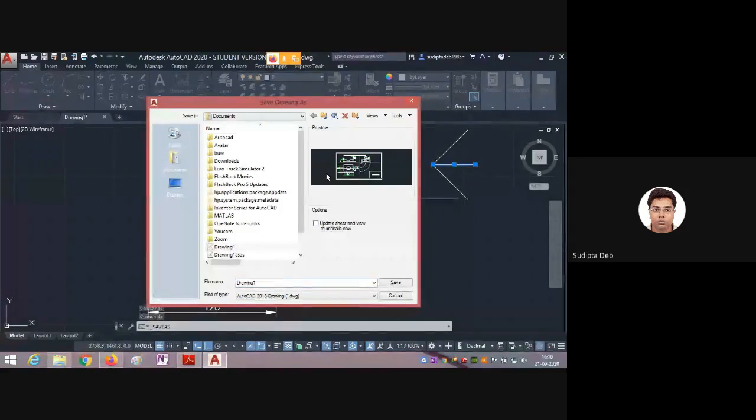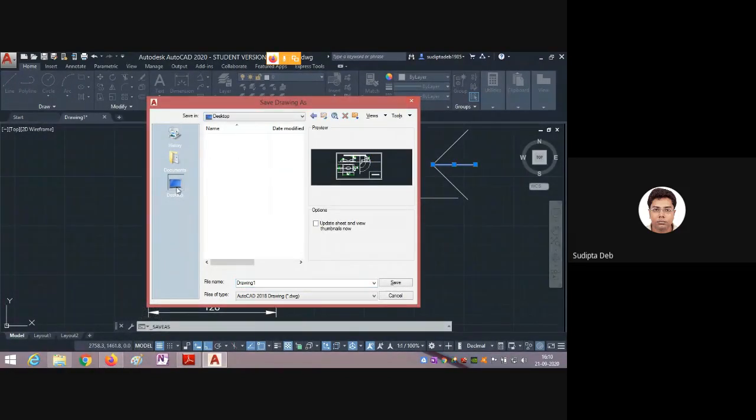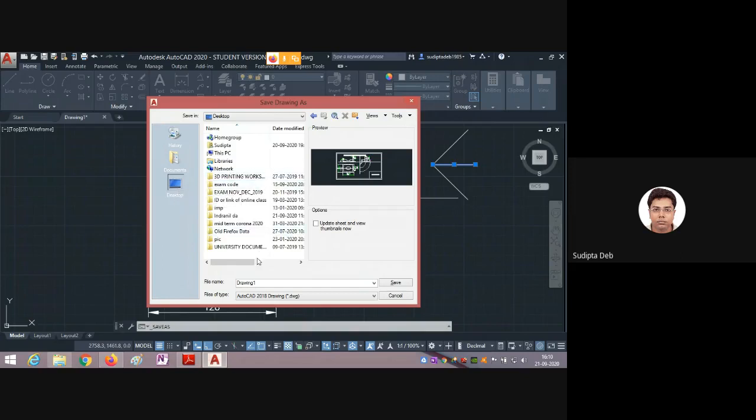Now if I don't have a folder on my desktop and want to save it, I have to create a folder. Right now it is not created.